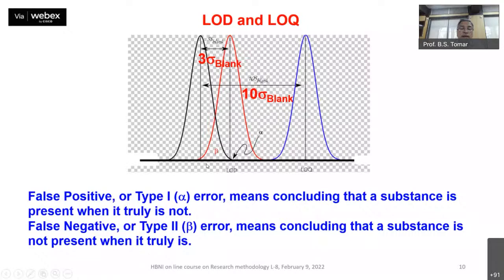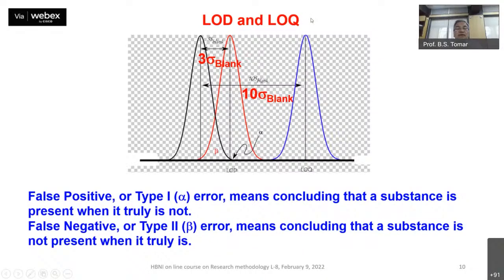Now, the beta error, type 2 error, means you may say the sample is not present, but actually it is there. So a part of the sample distribution may overlap with the background, and then you may say it does not contain, but actually it contains. So this kind of confusion arises, and to clear those uncertainties, quantities are defined called limit of detection and limit of